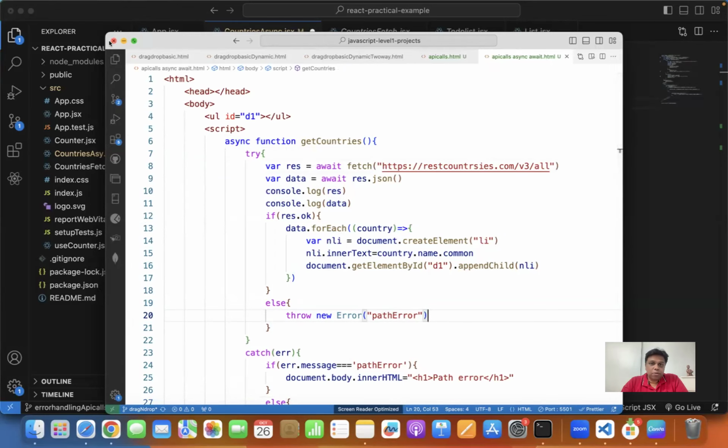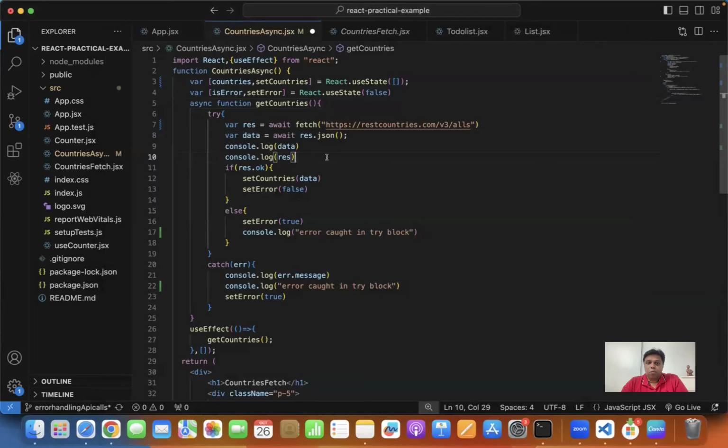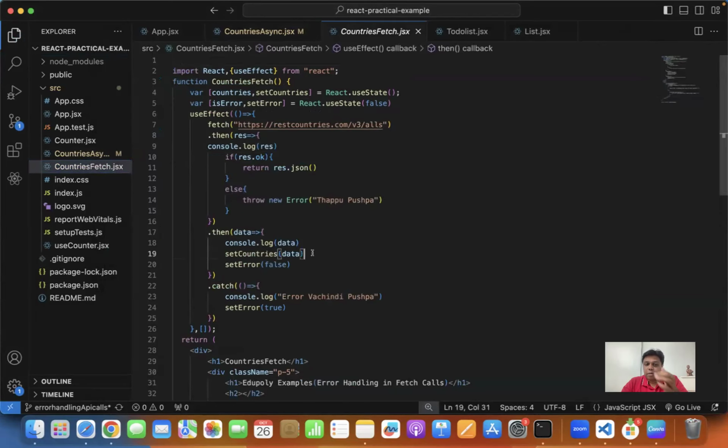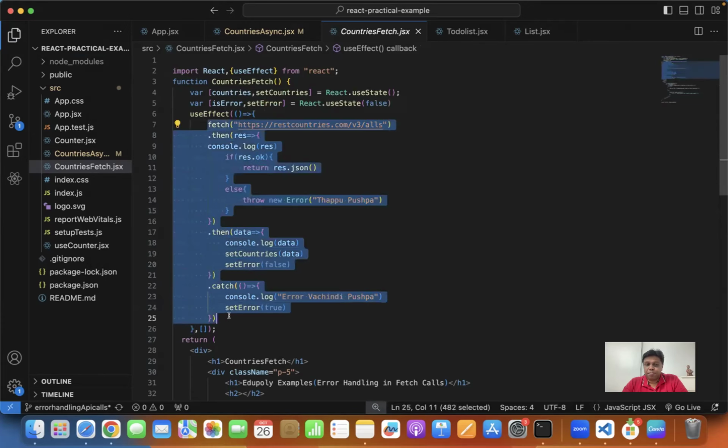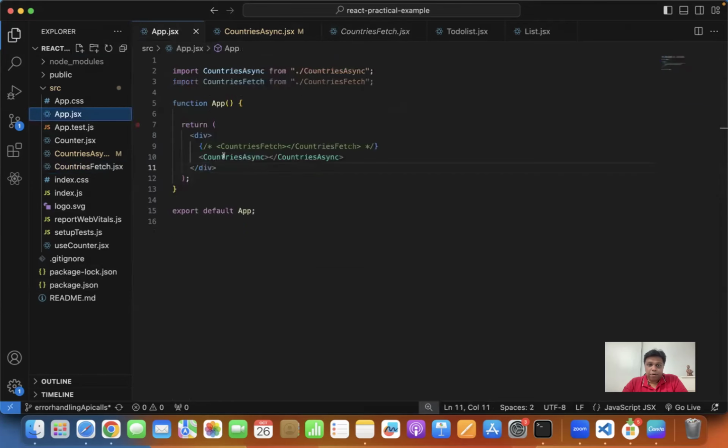So now let us go to our hero. The hero is here, the hero is React.js. So the error handling is everything is okay. But the bigger problem is where do you write the code? My dear friends, don't write this code inside the useEffect. Okay. So if you run this code in the app.jsx,